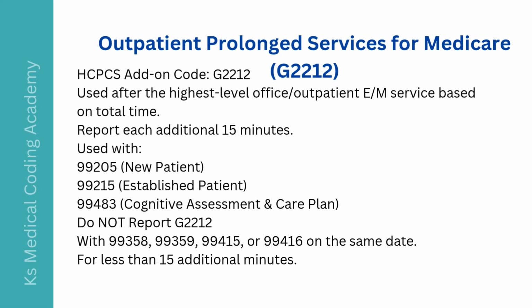In this slide, we discuss Medicare prolonged outpatient services using HCPCS add-on code G2212. This code is reported only after the physician has exceeded the required time for the highest level office or outpatient EM service selected by total time. G2212 is reported for each additional 15 minutes and is commonly used with CPT codes 99205, 99215, and 99483. It should not be reported on the same date as prolonged service codes 99358,